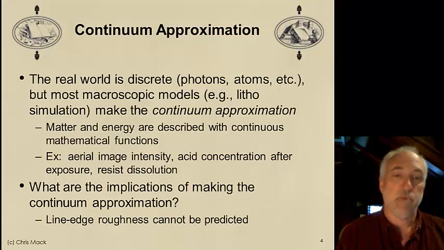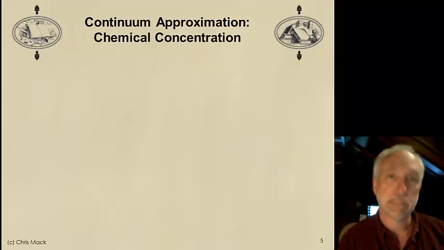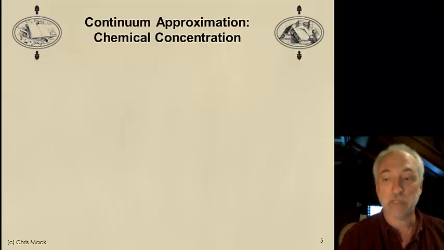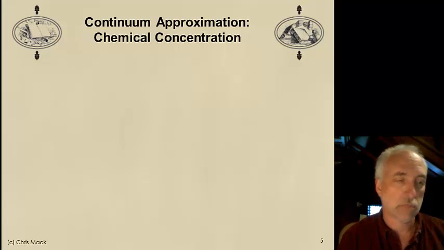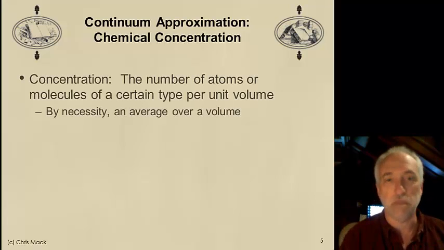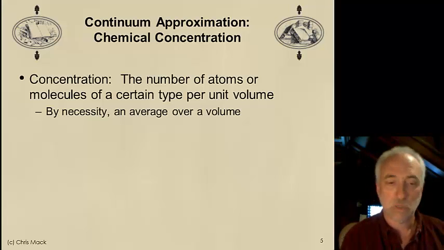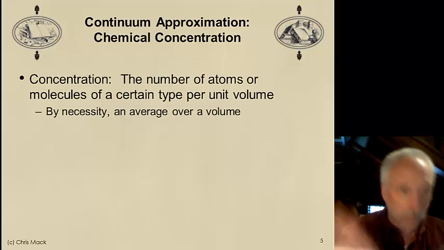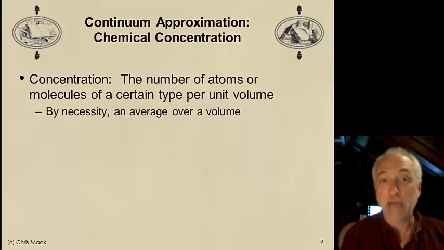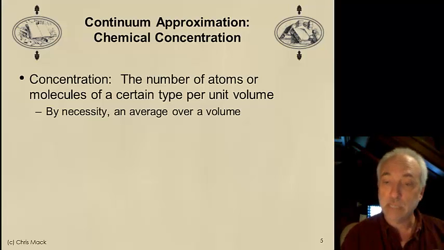Let's take an example. Let's look at chemical concentration. What is the definition of chemical concentration? Well, it's kind of simple. It's the number of atoms or molecules per unit volume. Okay, so if I pick a particular volume and I count the number of atoms in that volume, I will have the concentration, the average number per unit volume. But it is an average,